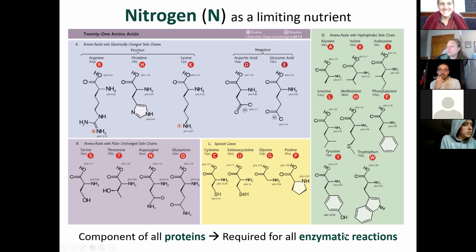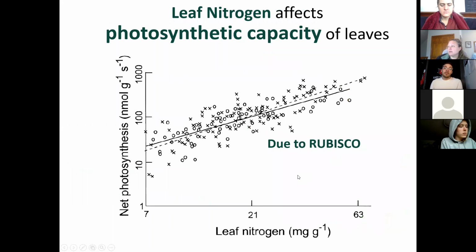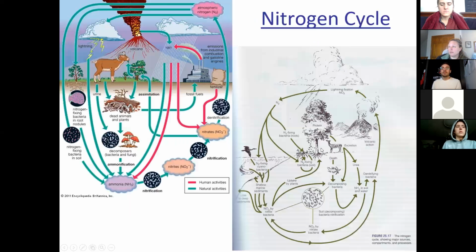But these are all proteins, right? As I mentioned, nitrogen is really important in proteins and nucleic acids. And we've talked about a really important protein or enzyme, and that was rubisco in photosynthesis. Our plant leaf is really action-packed with rubisco. 50% of the nitrogen in the leaf is derived from this particular enzyme, so it's very, very important for organisms. The net photosynthesis rate as a function of leaf nitrogen is high as a function of rubisco. Again, all stuff we've emphasized in the past.